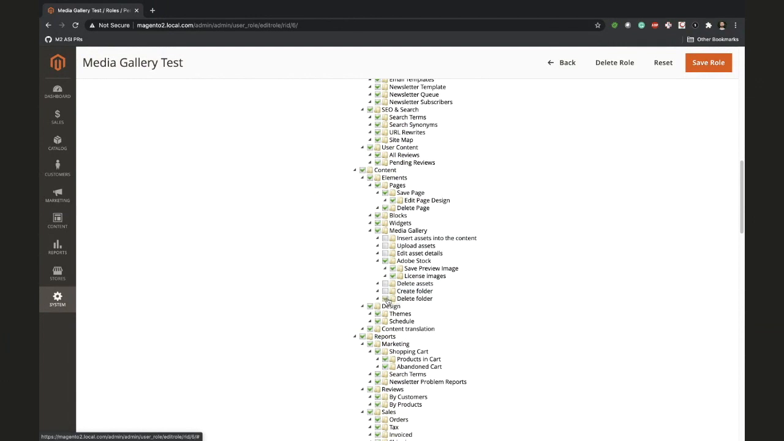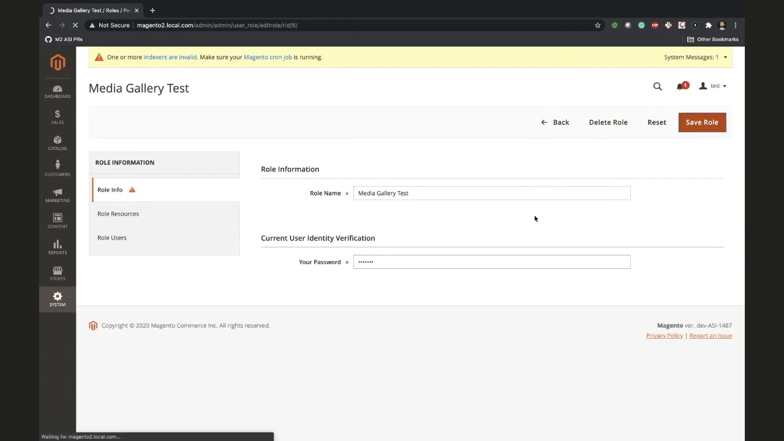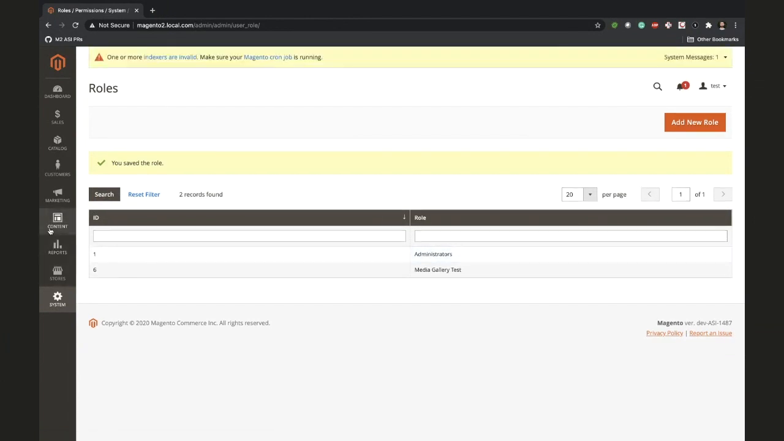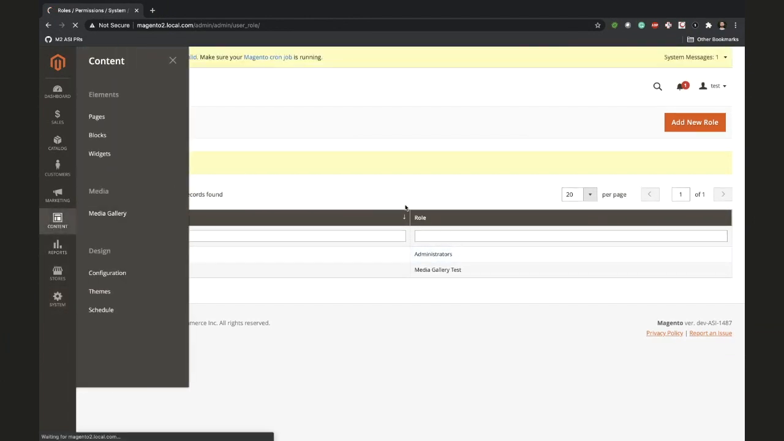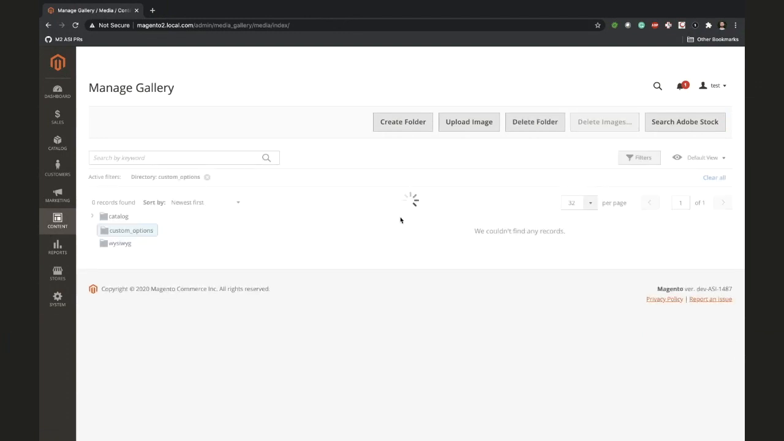And by the way, I haven't checked this, but actually this user has the permissions to update its own role. So let's see if it will work without a relogin. I'm just curious. If we go back to the media gallery, you can see that now the buttons are active, so I can create, delete folder, upload image,